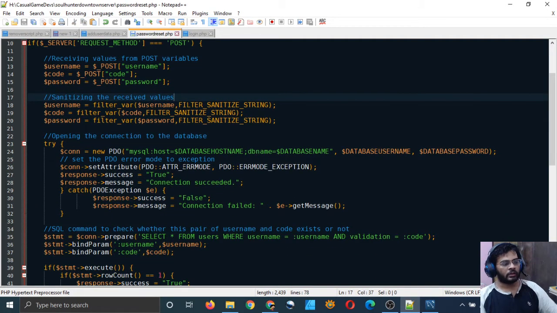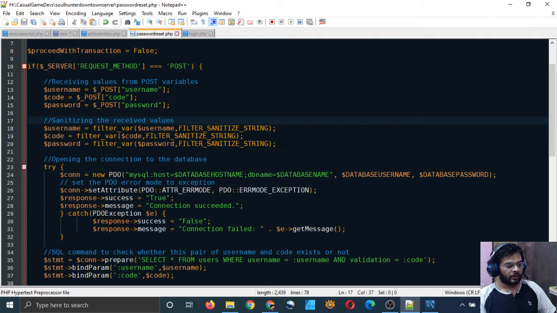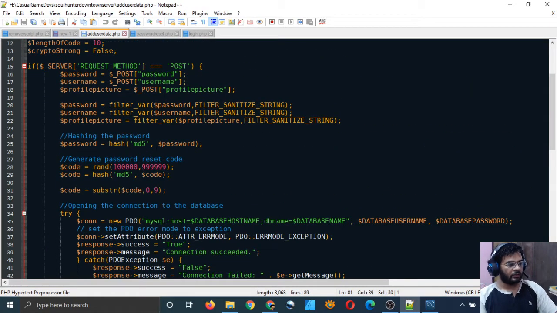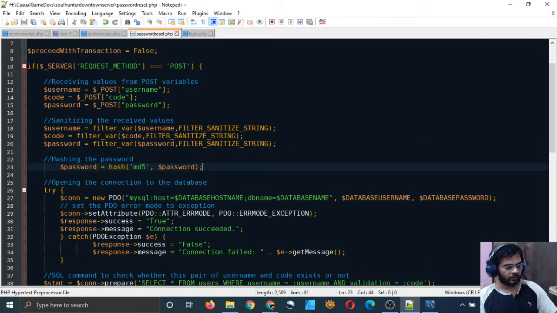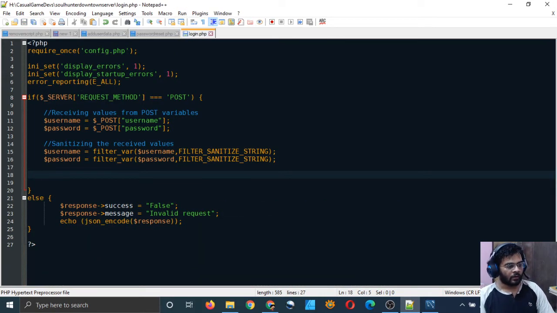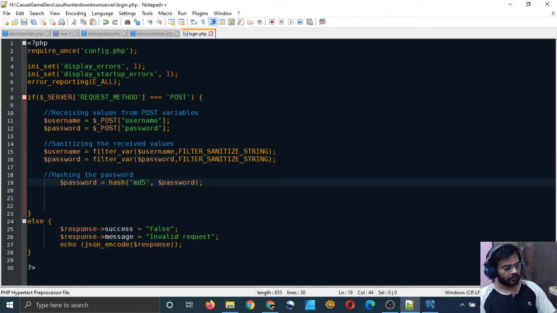And yeah, one more thing. In this password reset script, we have to hash the password, right? We are just storing it after sanitizing it. But after sanitizing it, we must hash the password, the same way we did here. So nothing very crazy. Just copy the comment and the command also, and just after sanitizing the password, paste it here. And that's it. We have hashed our password. Right? So that's good. And here also, we have to hash the password.